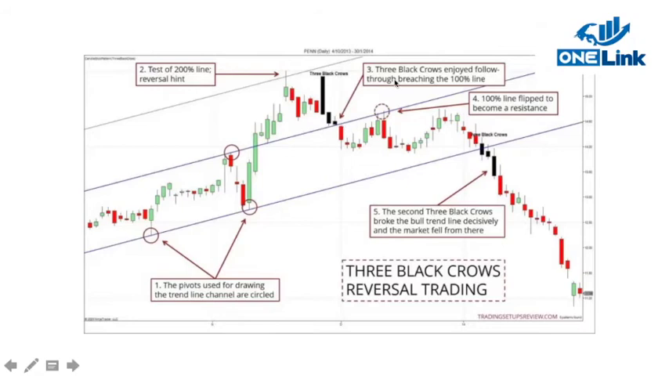Okay, so this is a 100% flip, line flip to become a resistance. The price flips here, then you can see there's three black crows where the price opens here. You saw that or not? Then you got a confirmation, you enter the trade, the price goes down. So this is just an example of how you need to use this method of three black crows in your trading. You can draw the trend line, use the trend line